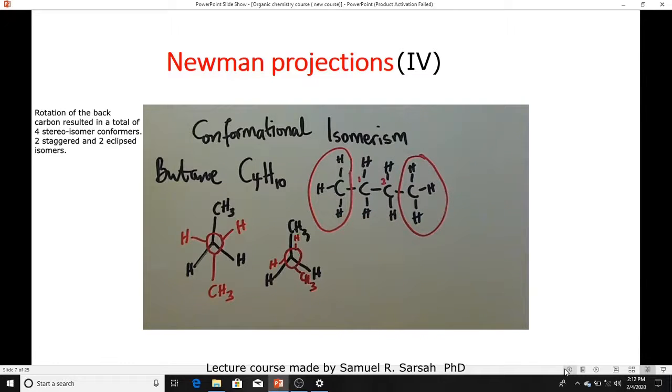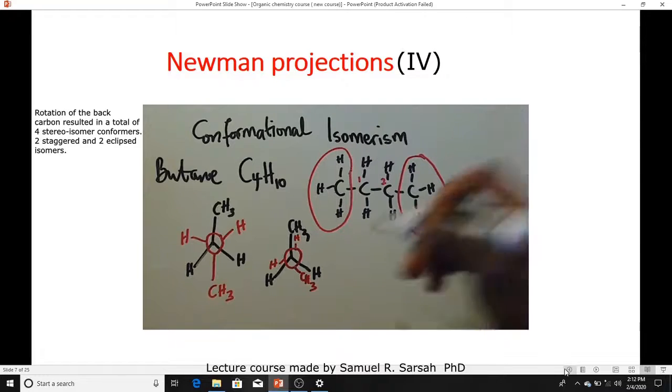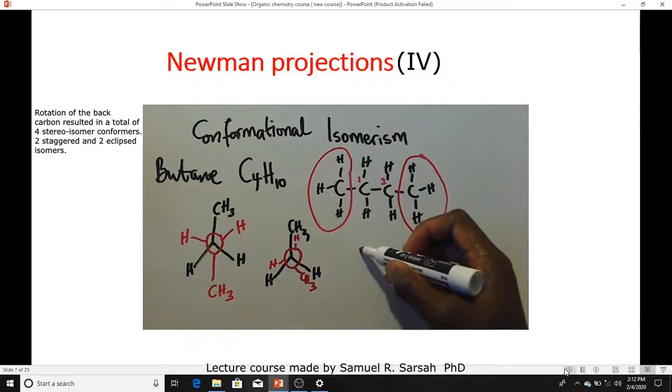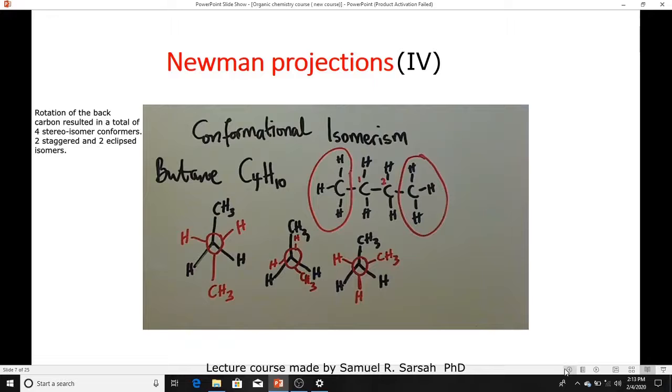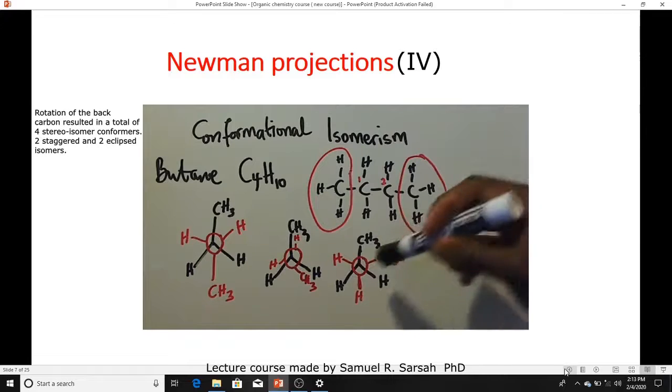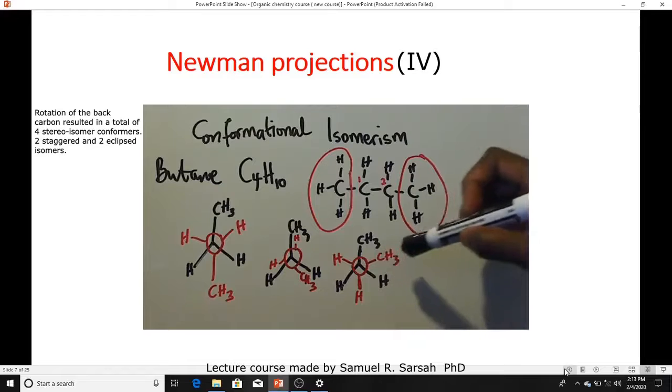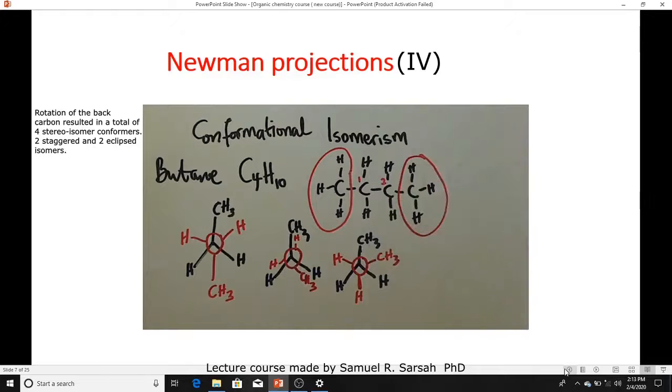And then we don't have to stop there, we have to keep rotating. So this is now free, but the methyl group is slightly getting closer to the other methyl group. So another rotation. Okay, so this will give me all the conformations for butane,